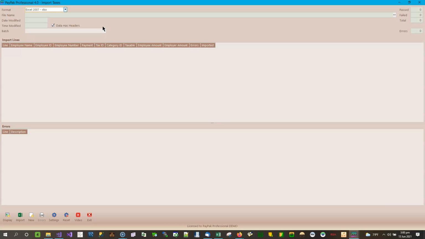It could also be used if you want to import taxes in cases where sometimes we have companies which pay bonuses, or there are people who have extraordinary salaries and extraordinary conditions, and they wish to calculate the tax. The tax is pre-calculated. They don't calculate it from PayPak. They calculate the tax. They want a particular amount of tax to be deducted from the pay, and that's done